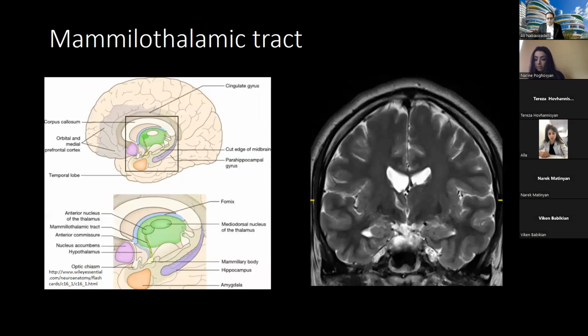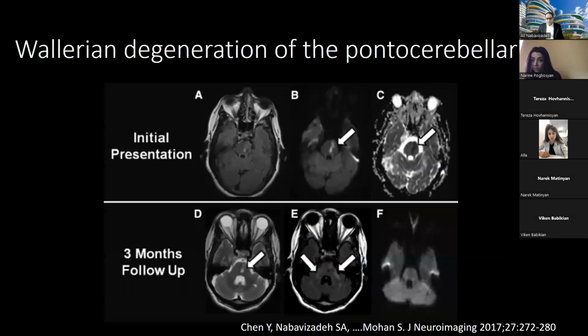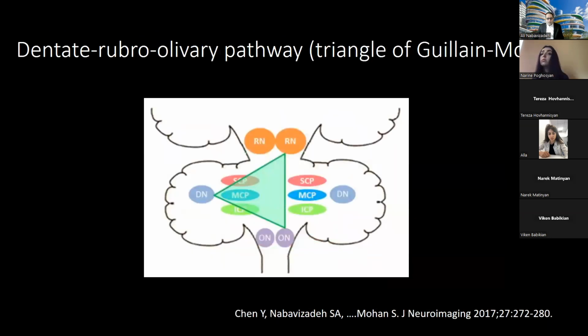It's an example of a patient who had an infarct in the anterior thalamic nuclei, and then you can see atrophy of the ipsilateral mammillary bodies. I already showed this slide, and then I'm going to move on to